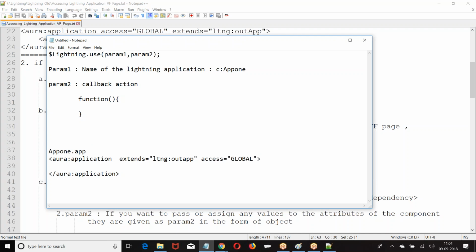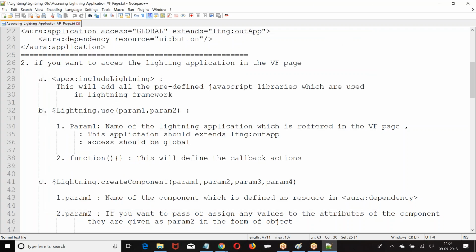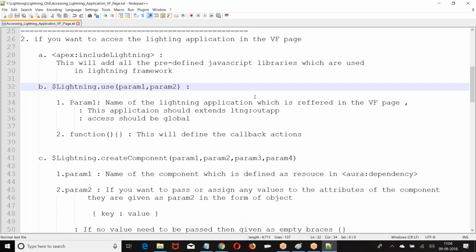What is the next one we have? Lightning dot create component. Okay, before I go back, let me finish the theoretical part. So what was that? Lightning dot use parameter 1, parameter 2. What is parameter 1? Name of the Lightning application which is referred in the VF page.